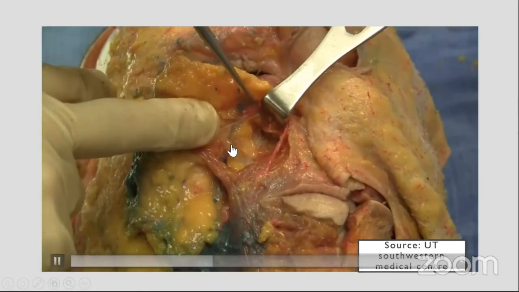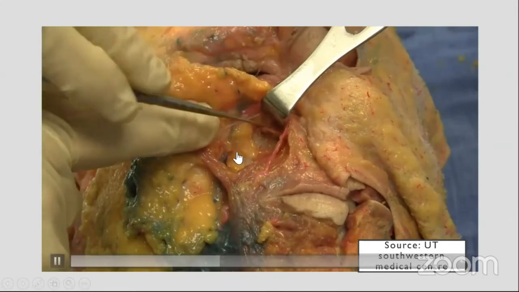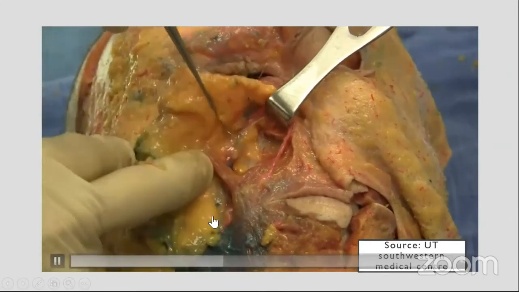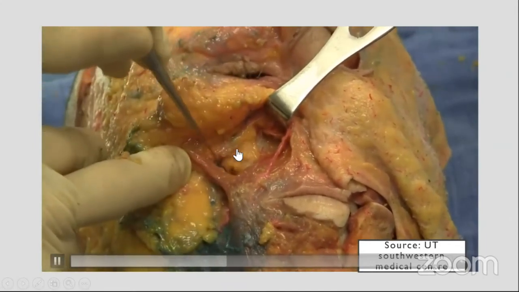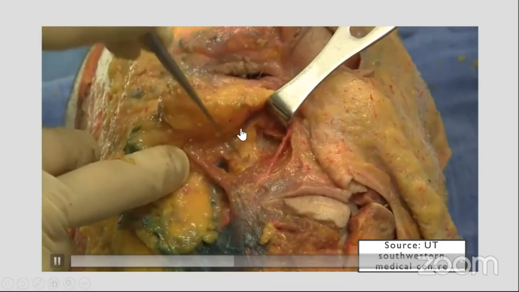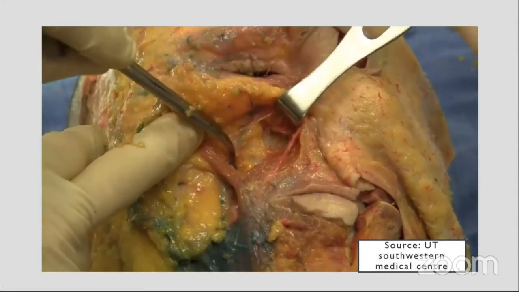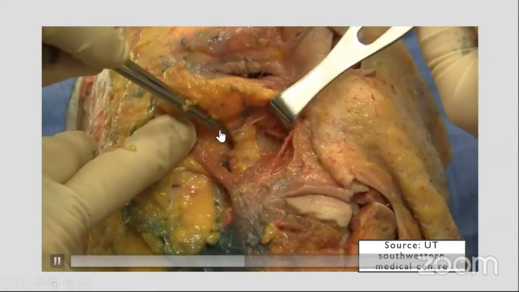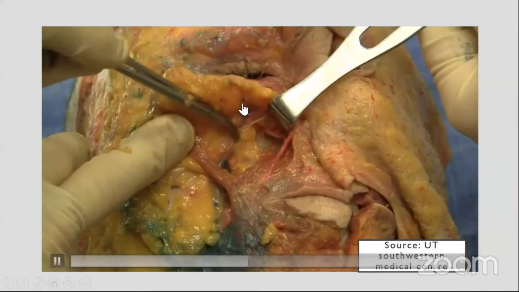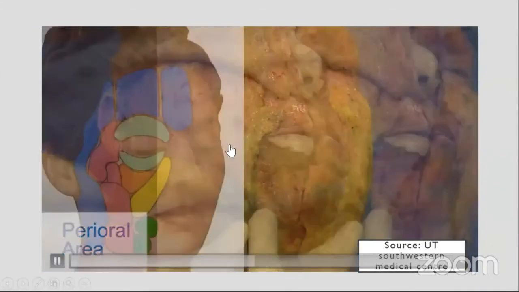Further on, as we lift up this superficial fat pad area, there are deep fats, and this is a branch of the facial vein which comes from deep to superficial fat pads. So while we are injecting in these layers, one must inject deep in this fat pad itself so as not to endanger and enter this vein.